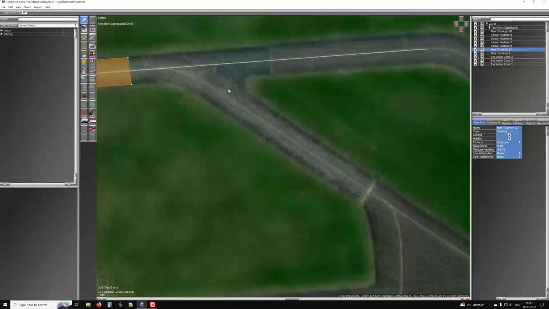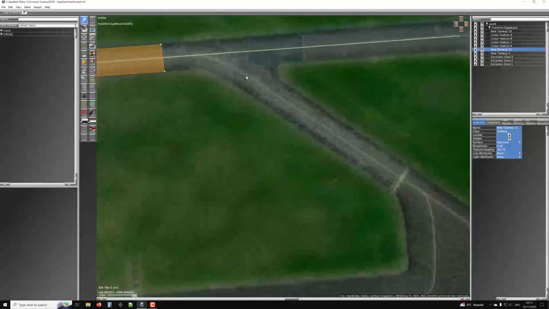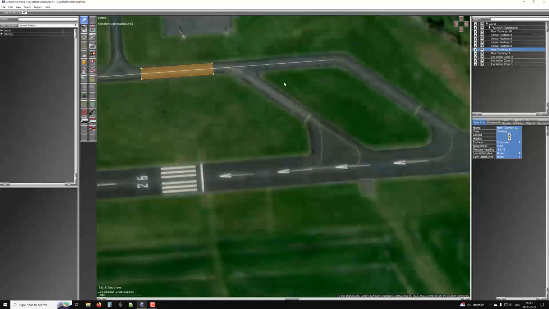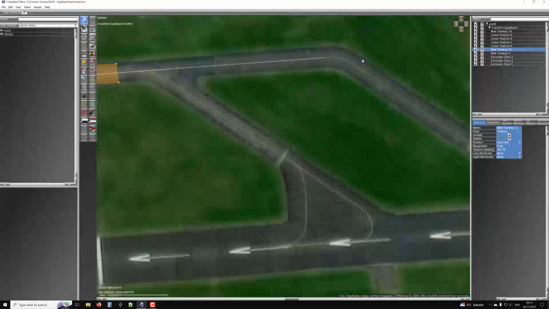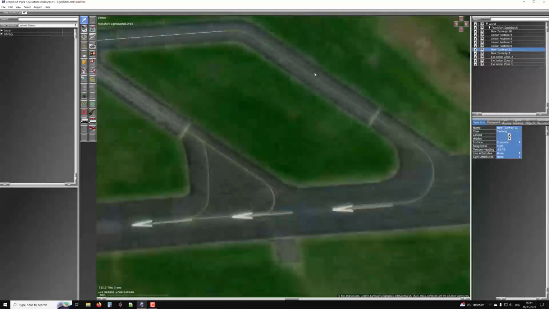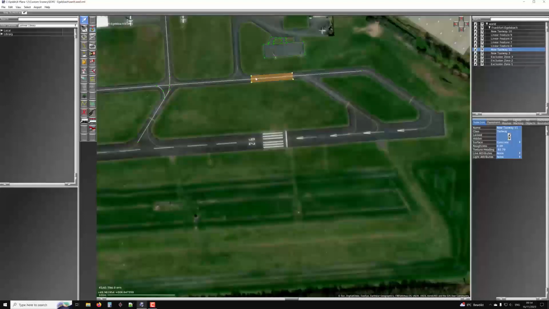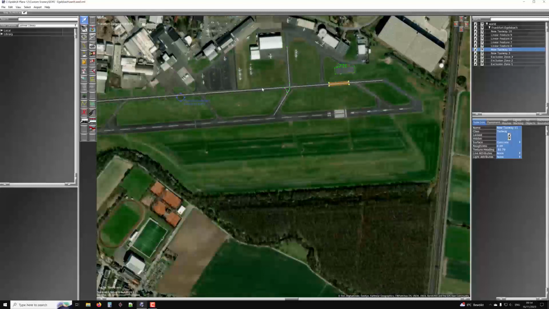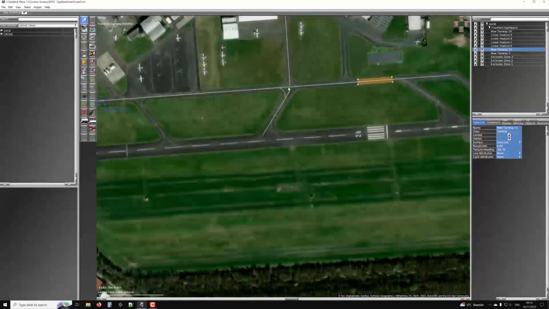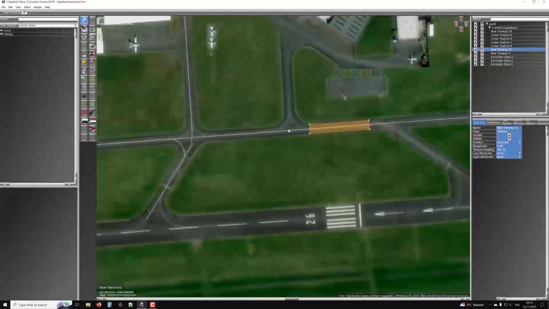Now, of course, if there are other taxiways joining and you just make one big taxiway texture, it's a little difficult. You could go and make different sections that are always aligned with the center line. That's really a lot of work, but at least try to make it follow the main direction of the main taxiway,